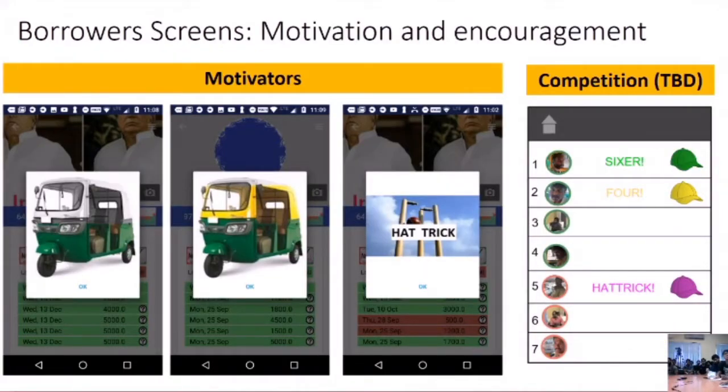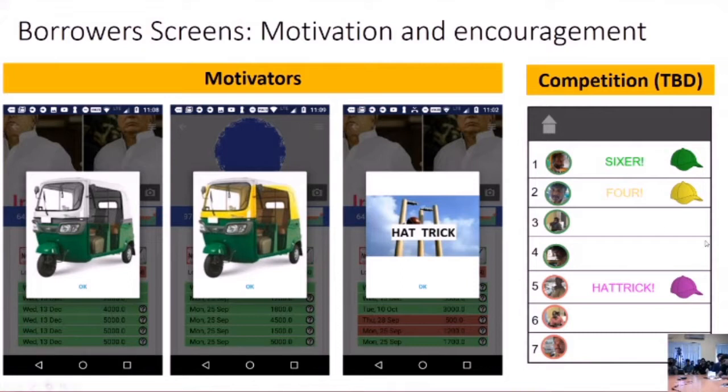And then the final set of screens for the borrowers are motivators. So this one's showing an auto filling up with color. As you complete 10% of your loan, it just pops up, and it's to motivate drivers over the long term. And then the other one is you get a hat trick, 4 or 6, if you make the right amount, the equivalent number of payments on time and the right amount of money.